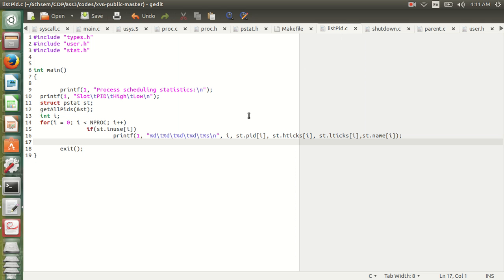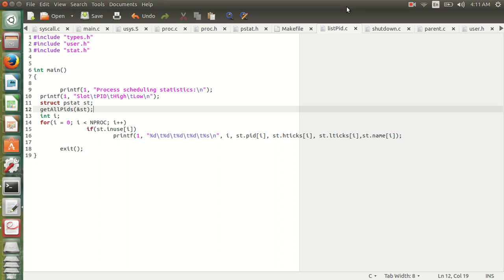Now let us come to the first system call, that is listPID.c. To implement the system call, first of all we have made a listPID.c program, and then we are calling, as we can see here, the GetAllPids system call. Now to see how this works, first we will go to the GetAllPids function and where it is declared. So first of all, the kernel, when we execute this listPID, it just goes to the